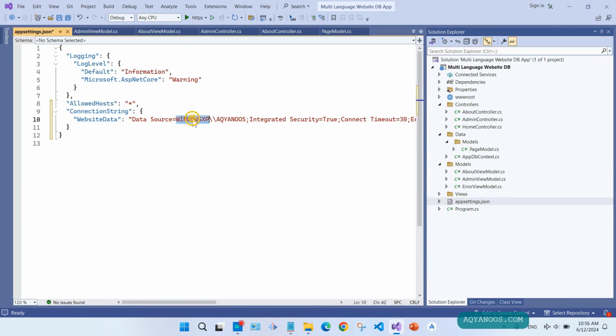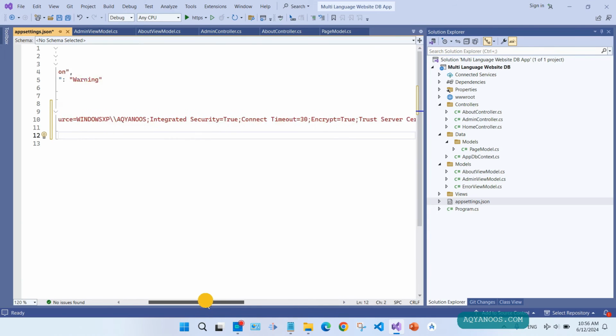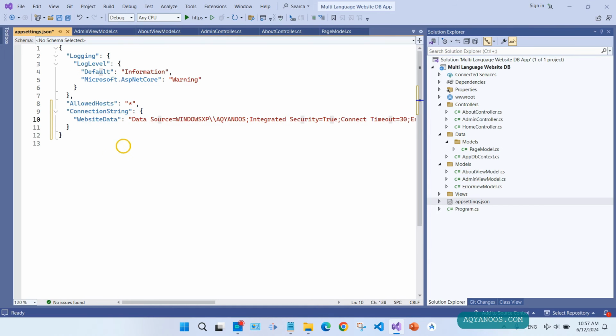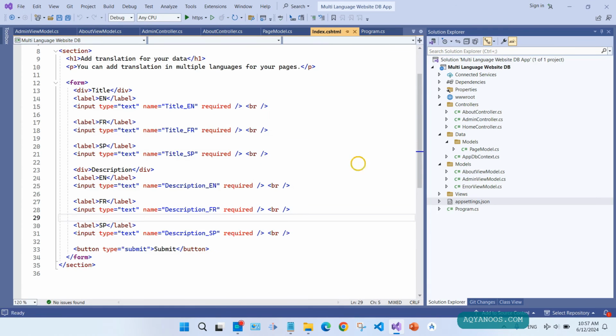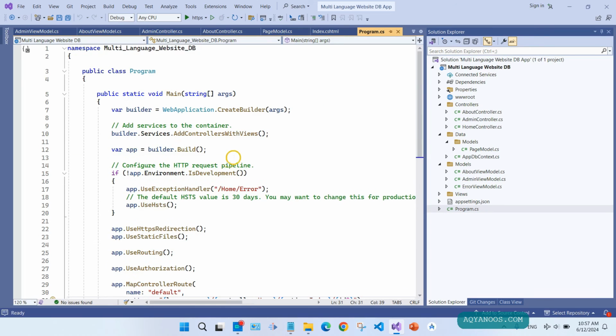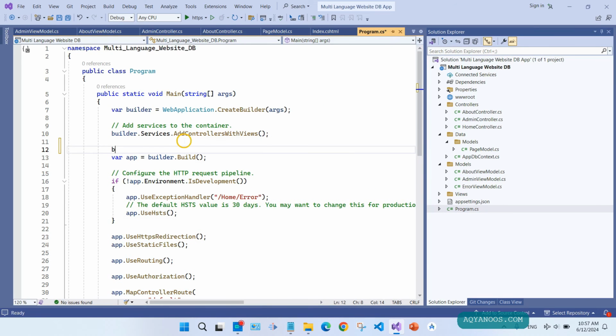So data source, the name of your machine, the name of your SQL Server instance, integrated security true, connection timeout, encrypt true, trust server certificate true. When the encrypt is true, this one should be true, or you have to include another certificate for that. Otherwise you will get error. So save it, close it, open Program.cs,